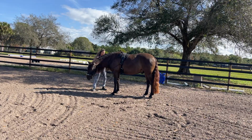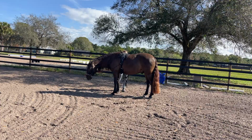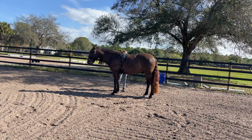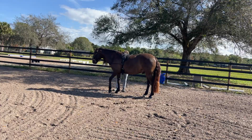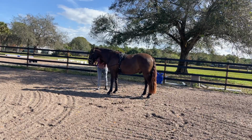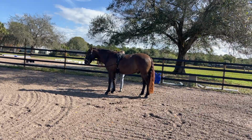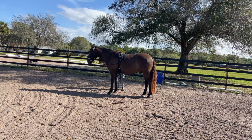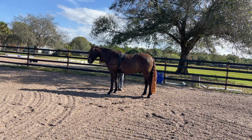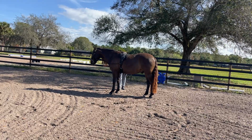What a good boy. And obviously I set up in a place where the horse is comfortable and not in a spooky spot. Because if he goes to get away while I'm trying to set him up, I'm going to be having a little mini disaster with lines dragging everywhere, which would be very bad. And I must say, the one thing you don't want to have happen in this situation is that the horse, okay,